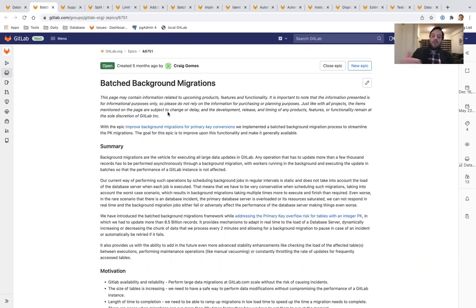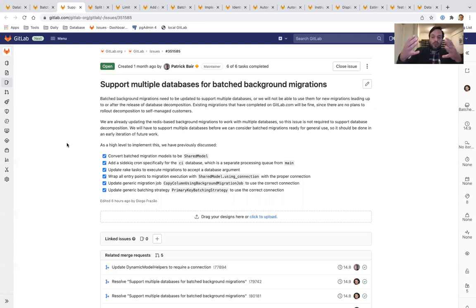We are already working with a few groups internally that use the batch background migrations for very large, difficult migrations. We even had a small incident yesterday in GitLab.com related to write-ahead log replication, where at the moment we had a batch background migration running, and because it was a batch background migration, the SREs on call were able to pause the migration, let the system recover, and then restart the migration without causing any problems and without a hiccup. So in 14.10, driving towards the general availability,